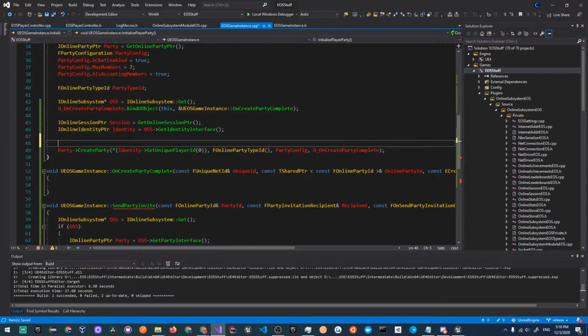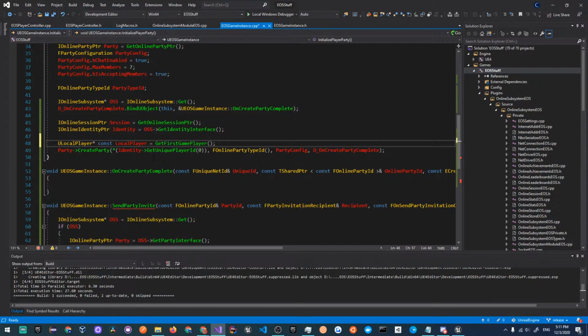All right, where did it go? The screen got resized. Alright, so here we do const ULocalPlayer* player equals, I'm just gonna call it LocalPlayer just in case. GetFirstGamePlayer,